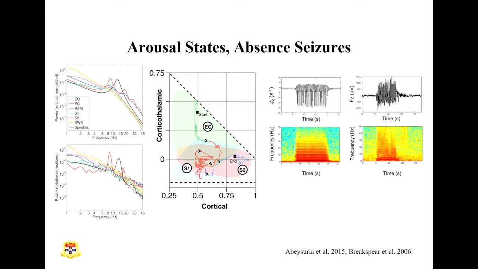In waking, we have the 10 hertz alpha. In sleep stage 2, we have the 14 or 15 hertz sleep spindles. We also see the beta in the waking state. And in deep sleep stages, we have this big enhancement of low frequency delta waves, which are observed. So we can use these features to automatically track the brain state and some physiological parameters that underlie the model